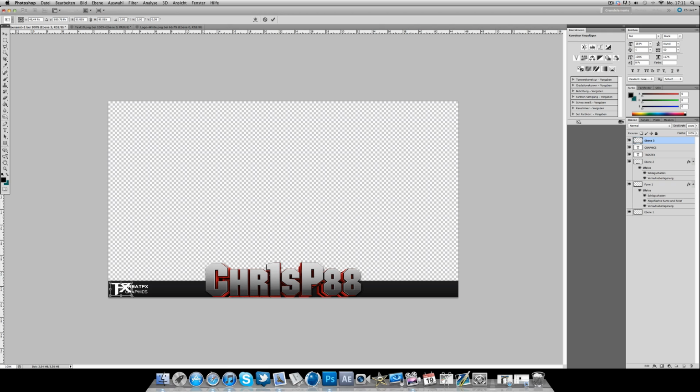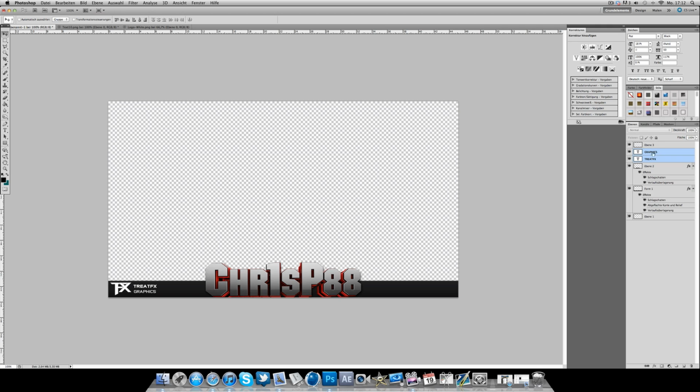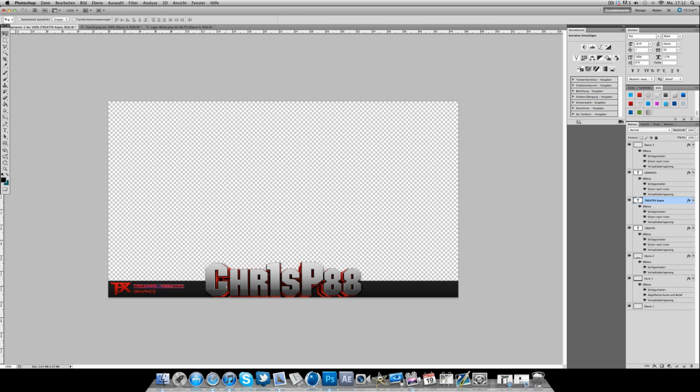I always put my logo on the left side, with a little small text beside it. And you can make your texts a little bit more sexy. I'm just using a pre-made style. This red looks good, so this is my style for the text. And now I'm going to copy just my TreatFX text, copy it, and